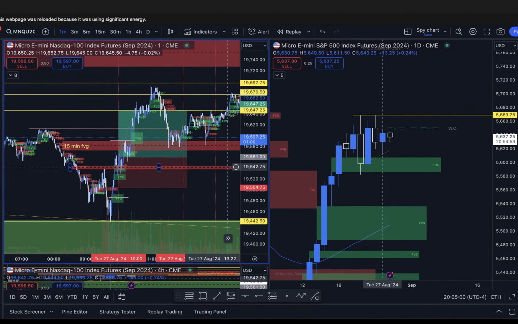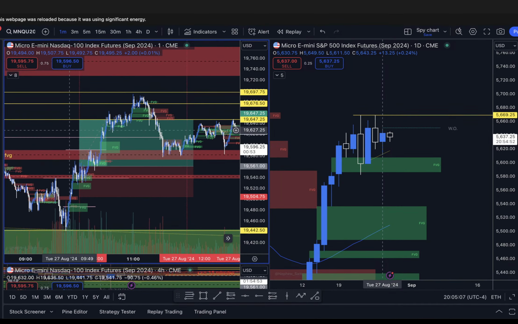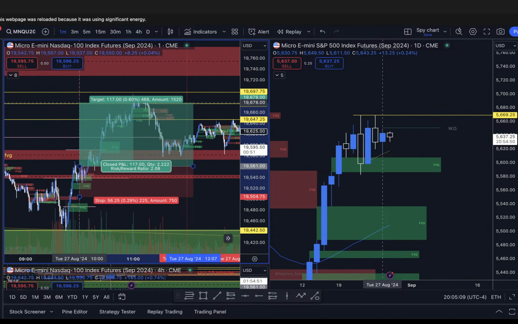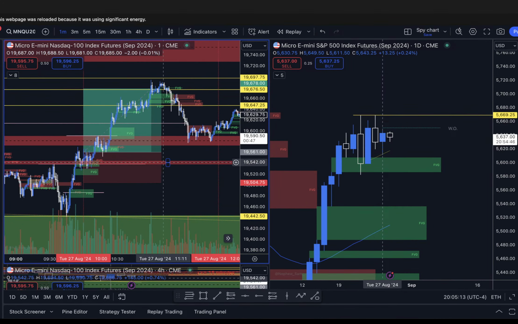But yeah, this is a great trade this morning. A lot of people called it, and I love when everyone on Twitter, we catch the same trade. I love it. But yeah, a little sad I didn't wait for this fair value gap, even just right here, for a better risk to reward. I had 1 to 1.5, which is not the best risk to reward, but again, I got it at 10. This happened right before the macros, so it is what it is.